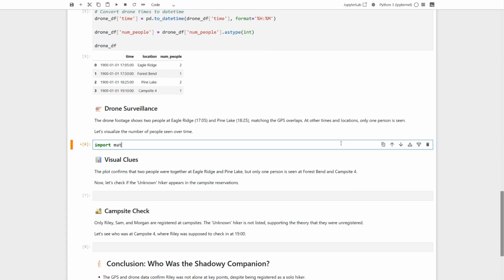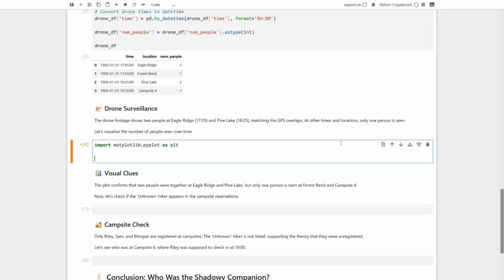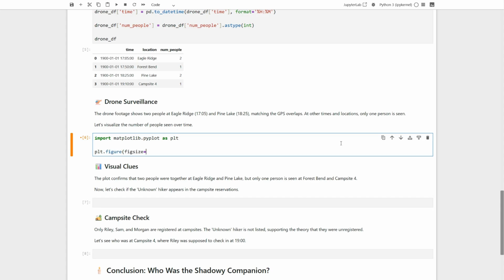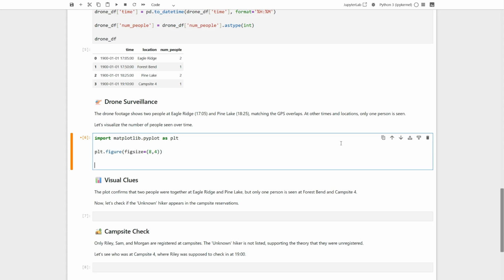First things first, we need the right tools for our investigation. Here, I'm importing matplotlib.pyplot as plt. Think of this as grabbing our magnifying glass. It's a powerful Python library that lets us visualize data so we can spot patterns and anomalies in the evidence. Now, I'm setting up the canvas for our crime scene. With plt.figure, I'm choosing a figure size of 8 by 4. This just means our chart will be wide enough to catch every detail, like a detective laying out a big